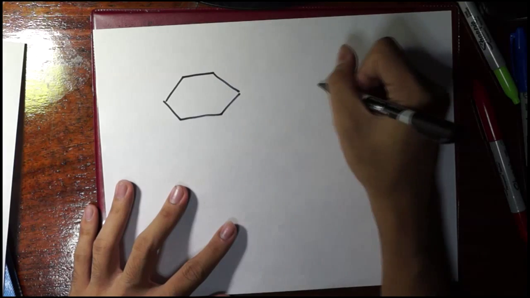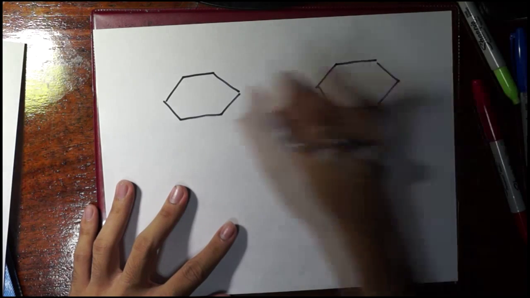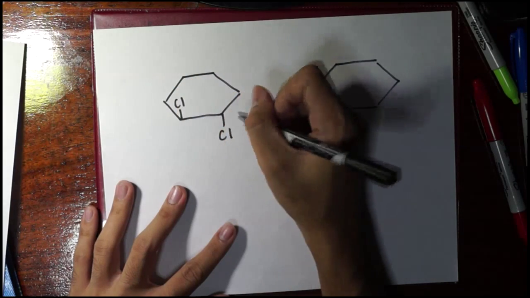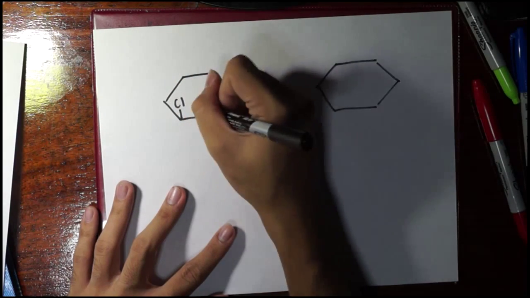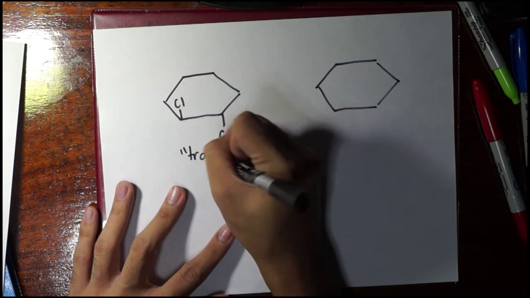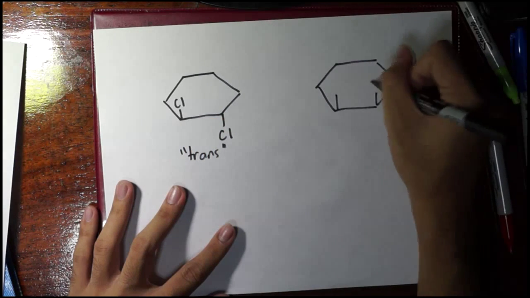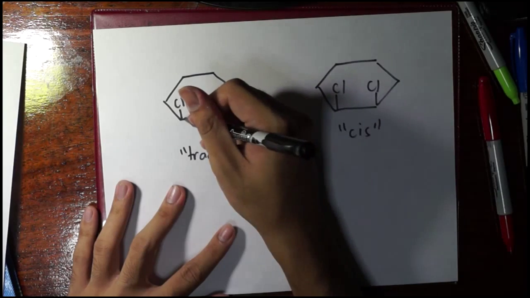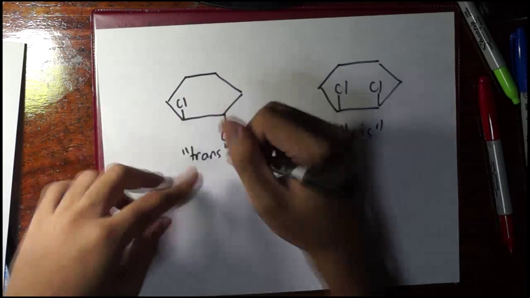Well, I'll just draw cyclohexane. By the way, if they are on different sides, we should recall that this is the trans isomer. And if they are on the same side, we call this cis. Well, look, there's no way that you could rotate the ring without